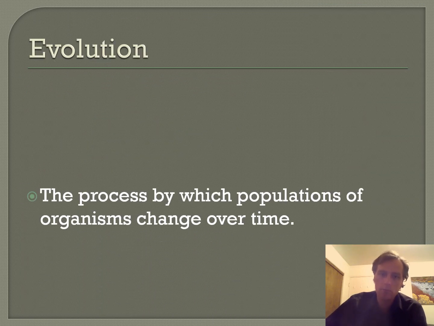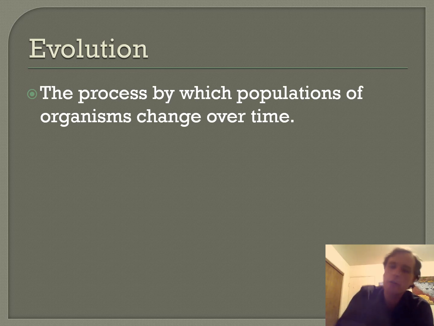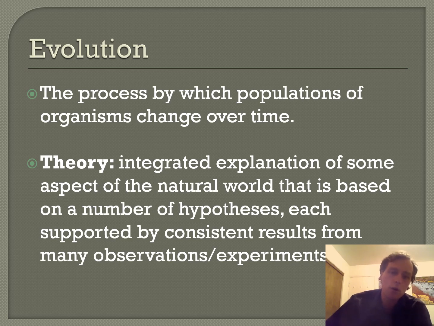So, evolution. Definition is the process by which populations of organisms change over time. And I basically just copied that exactly out of your textbook. Just another note on things to pay attention to in your textbook as you're reading. Words that are put in bold or darker or black writing, you want to make sure that you get all of those down. And evolution was one of those words.